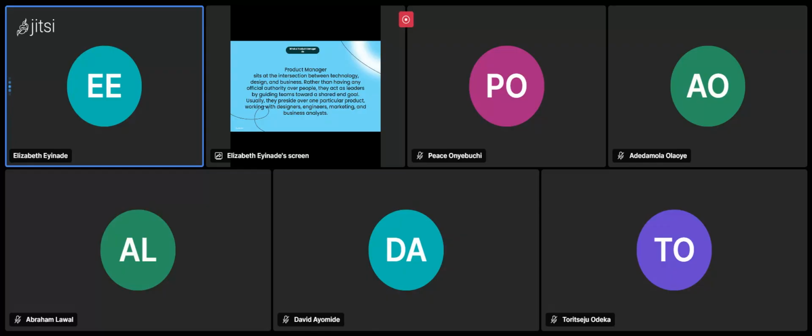So always note that as a product manager, you have to be at the intersection, you have to be an intermediary, you advocate. This is how it works. You meet with customers to get insight into what customers want. You communicate it to your technical teams. Then you are still responsible for the designs.